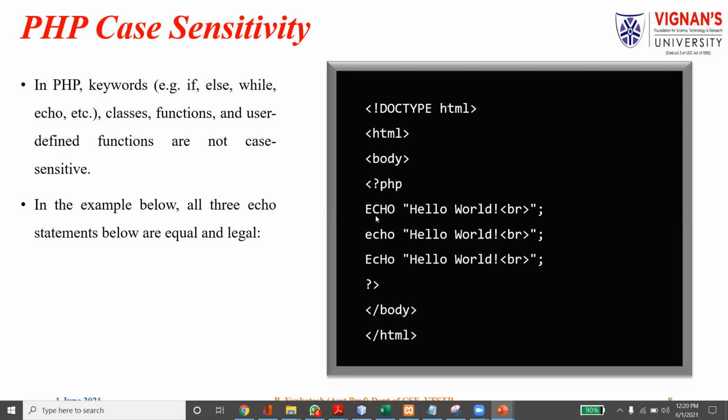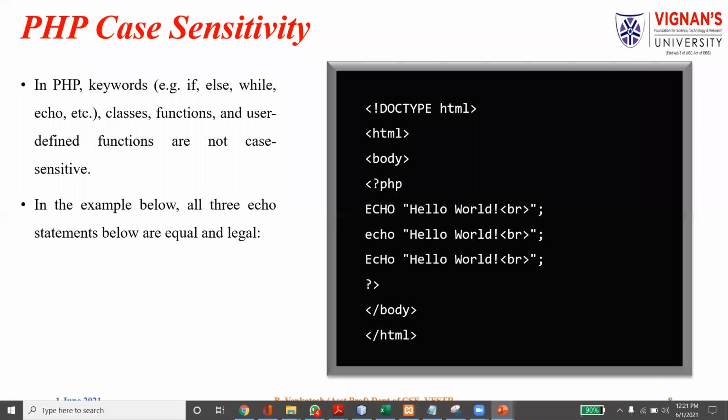If you see echo, here all are capital letters, here all are small letters, and here some are capital and some are small. We can write the echo function in any way, which means it is not case sensitive.